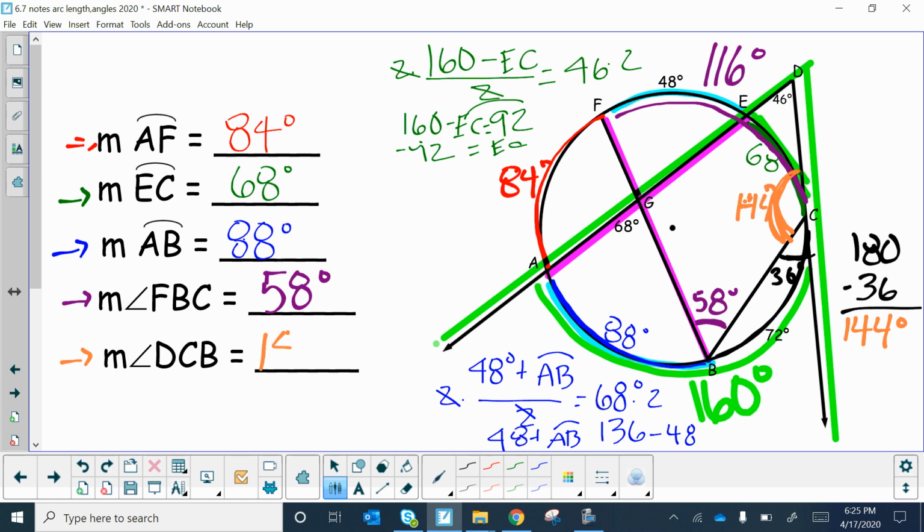So 144. These puzzles can get a little tough, okay, because there are chords everywhere, angles everywhere, and it's kind of hard to see. You always want to focus on the angle and what arc it intercepts, so that way it can help you solve that. Okay, and that is it for this